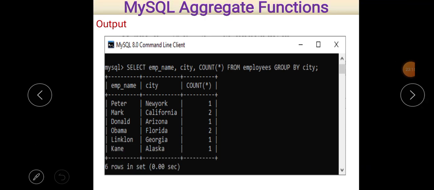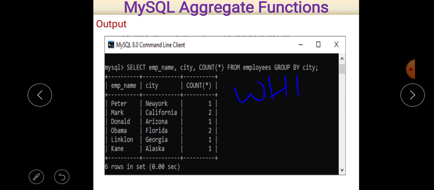Now suppose I want to find out the number of employees in a particular city, New York. Then I'll write only one thing just after the group by city, and that is the where clause.